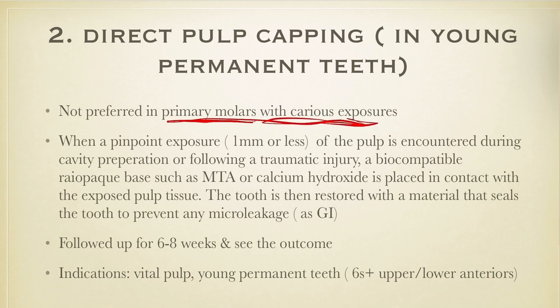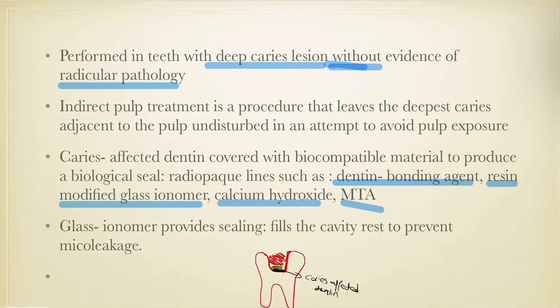When we have a pinpoint exposure, 1 millimeter or less, we put a biocompatible radiopaque base, such as MTA or calcium hydroxide, which is placed on the exposed pulp tissue. Then the tooth is restored with material that seals the tooth to prevent any microleakage. So actually, the steps are quite equal to the indirect pulp capping,